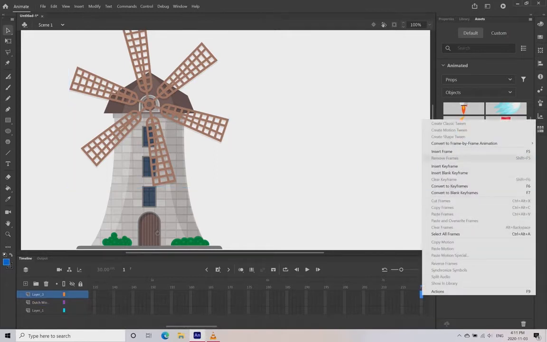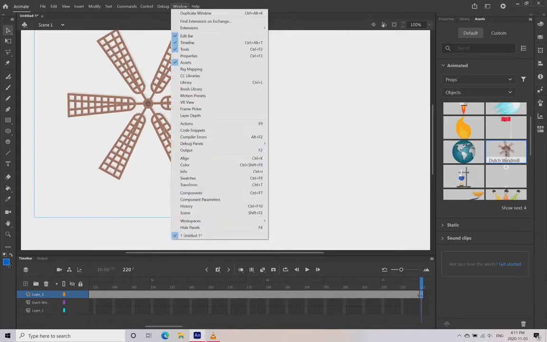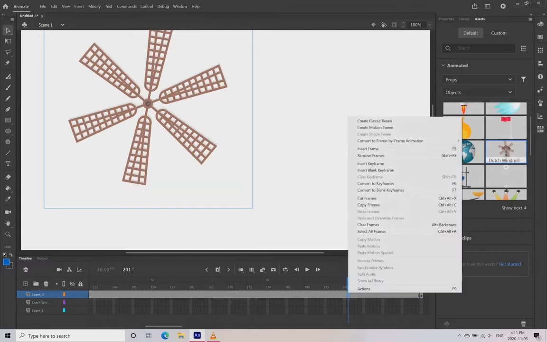The timeline, I'm going to go down and I'm going to put in a keyframe, and we can see that I've dragged the mouse down, I've put in a keyframe, and then what I'm going to do is I have to transform that particular windmill. That's the only thing that we're going to animate. So I go to transform, and then I go off to the right,